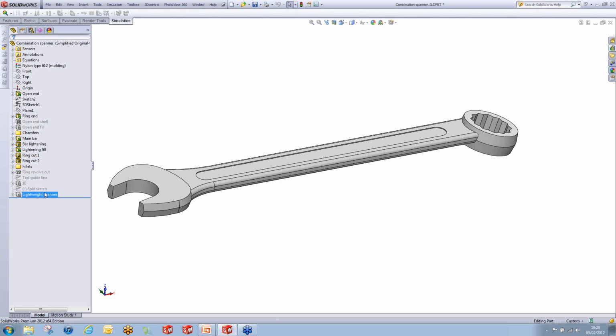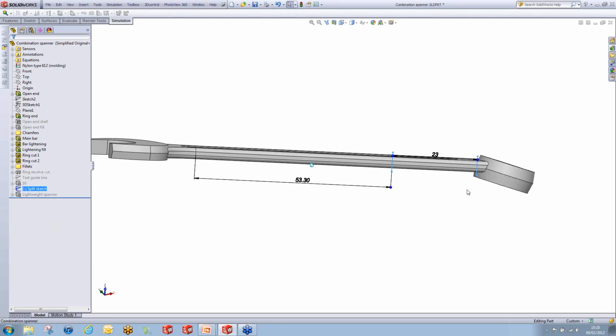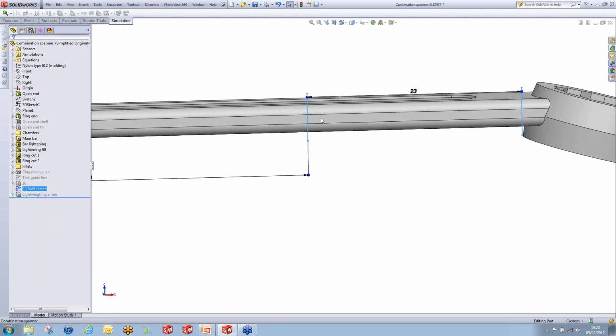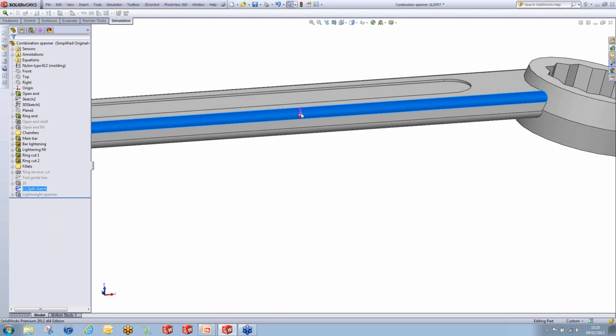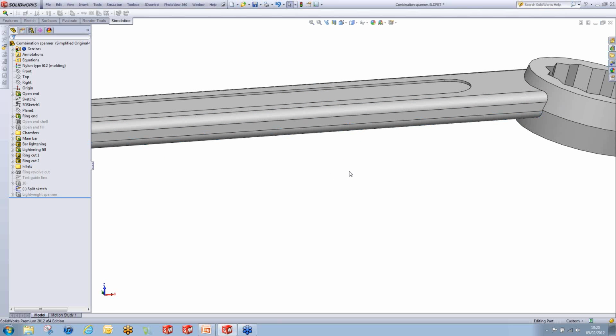What you'll hopefully see here on the left-hand side is that I've produced a sketch already, which is just two straight lines that I'm going to use to split these faces here, so that I can apply a force just to those regions only,